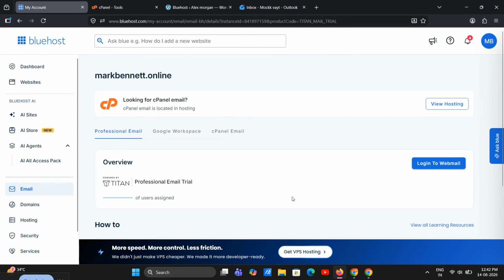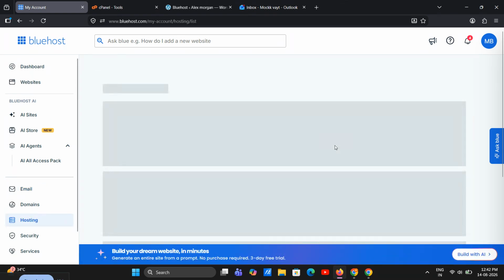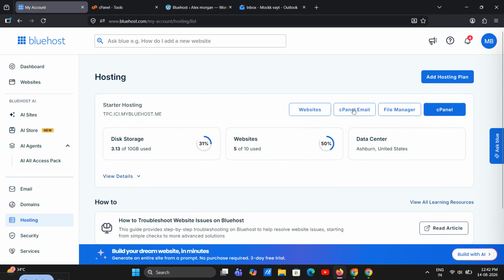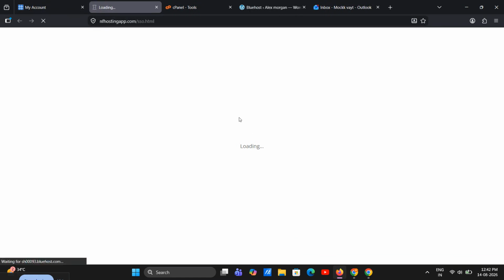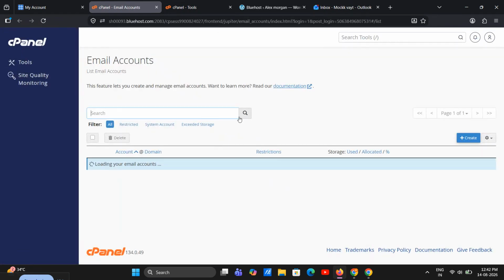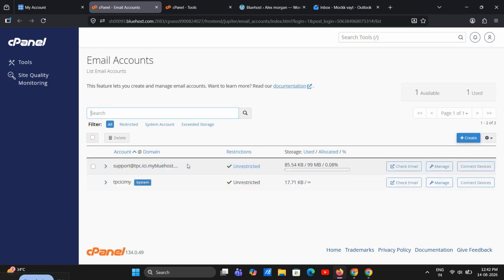Find the email address you want to access and then click Check Email next to it. After that, Bluehost will take you to your webmail inbox. In most cases, it will open in Roundcube by default, which is one of the most common webmail interfaces. From there, you can read messages, send replies, and manage your inbox directly in the browser without needing a separate